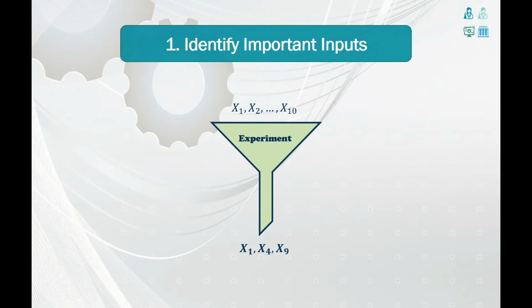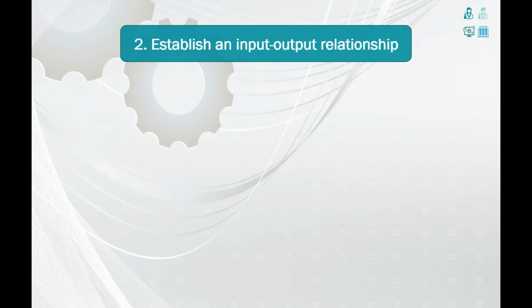Second, the experimenter can use the findings of the experiment to estimate the effect of each input on the output of the process, meaning he or she will be able to quantify the change in the output per unit change in the input. In addition to this, the nature of the relationship between the input and output can also be identified.